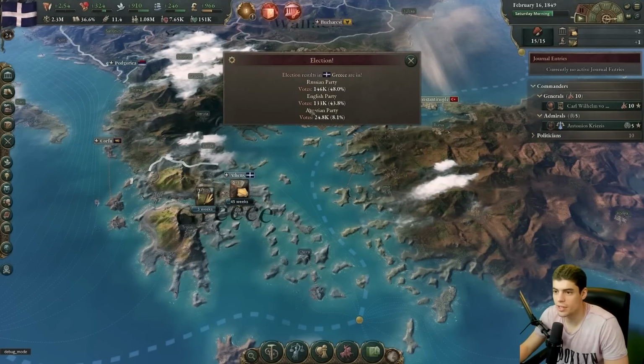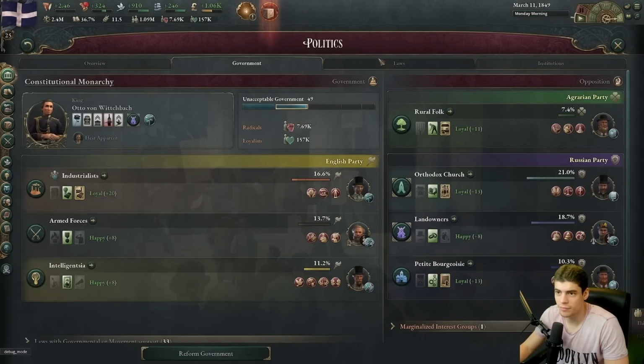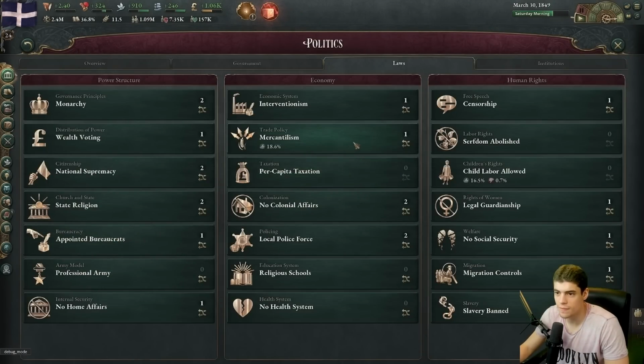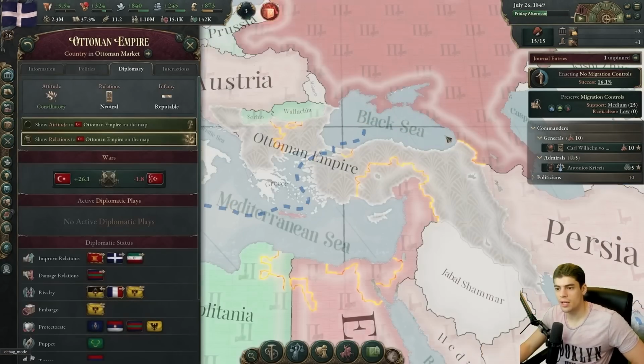All right, well, the Russians and the English are far outstripping the agrarian Greeks. So, in fact, I'm going to flip it over to them. Defensive suffrage won't pass right now. No migration controls. Yes, please. It does appear the Russians are taking out the...